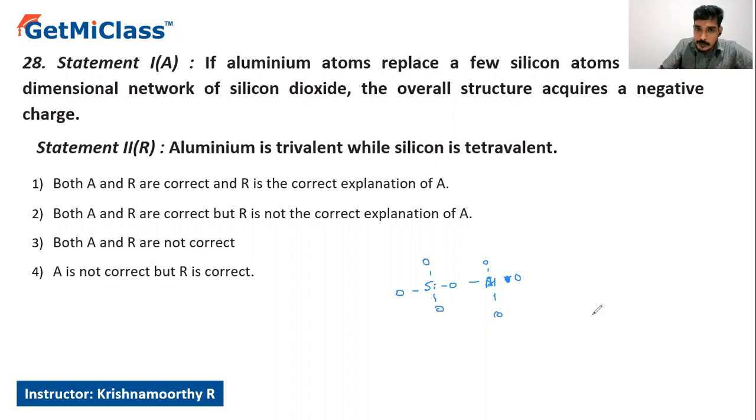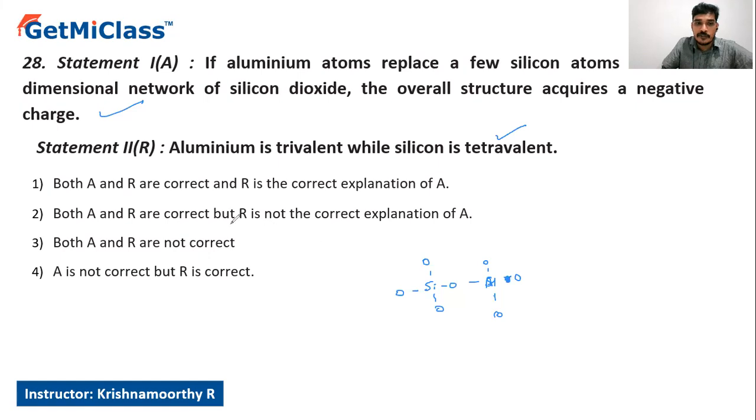It means that if an aluminium atom replaces a few silicon atoms in the three-dimensional network of silicon dioxide, the overall structure acquires a negative charge. Correct. Aluminium is trivalent while silicon is tetravalent. This is correct. Aluminium belongs to the 13th group, silicon belongs to the 14th group, and hence the entire bulk possesses